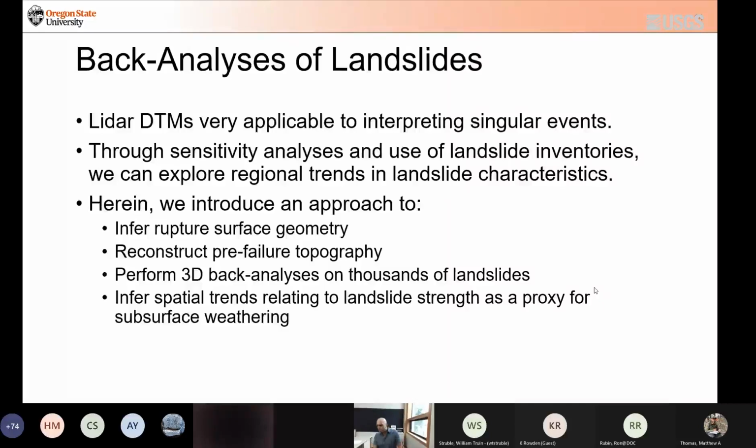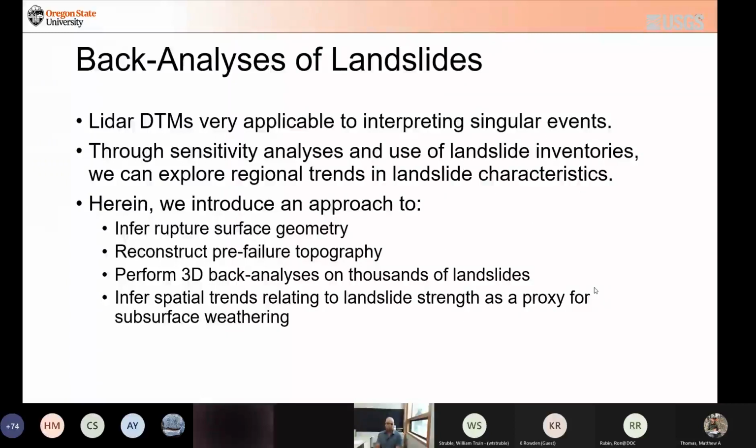So we have Lidar for a given landslide. That's very valuable in, say, mapping headscarps, cracks, zones of extension or compression, features that give us some idea of what might have happened forensically. And that's very valuable for a single active landslide. However, you can, with assumptions, of course, extrapolate some of these observations or some of these findings or a back analysis, for example, to entire landslide inventories and start to at least explore first order regional trends in the characteristics